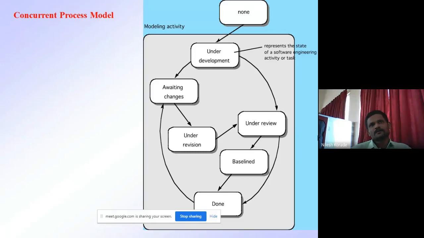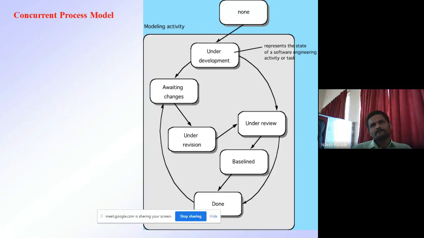So that is the concurrent process model, meaning the process model which allows you to develop your project by performing concurrent activities. We have seen the states for the modeling activity in your software process model. Modeling is an activity which comes after planning. Initially there is communication, then planning and modeling.